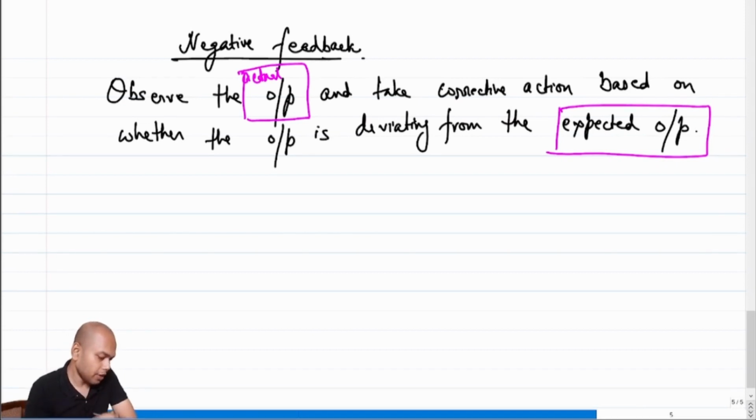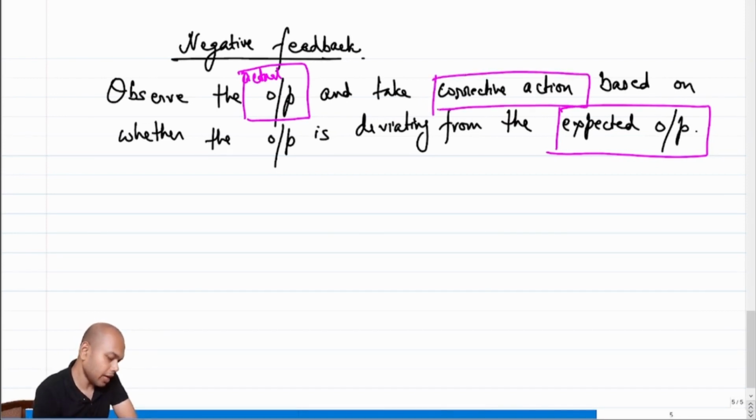You need to observe where you are actually going, and then based on that difference, you need to take a corrective action. Correct? So if you have to itemize this action, what we are essentially saying is: